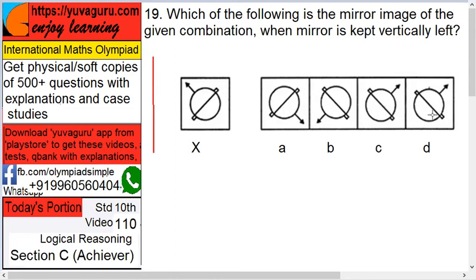Now, in C or D, what happens? See this. See this pointer. This S type is on this side, so it will be on the other side. So C. D, is it possible? No, because here if you put it over here, the front of this square should point towards the mirror. So it is pointing towards the mirror in C only. So C is the answer. See here, practice is the only solution to this. Okay. Check our written material section. There are many problems and questions of this type over there.